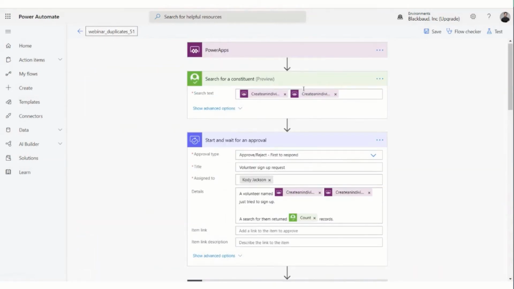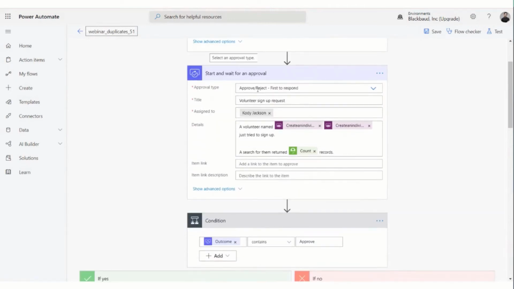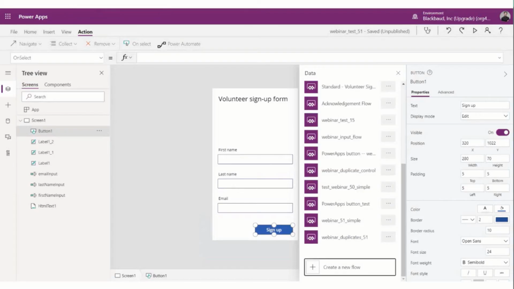So we search for that, we return information about the search, and then we ask somebody, is this person a duplicate? And again, this doesn't meet all of your use options. Maybe you have multiple conditions: if they're a duplicate, just find the right person and then add it to their record. If they're not, create a new constituent. You can go a lot of different ways. I'm trying to keep this simple.